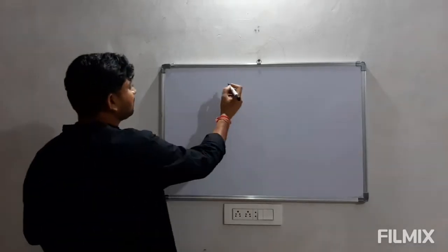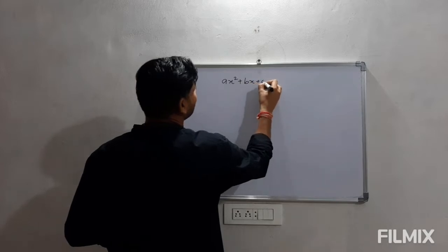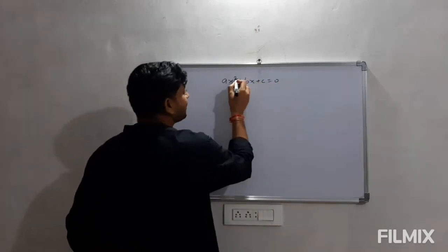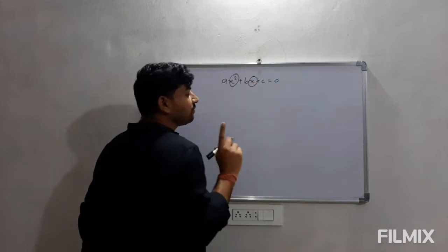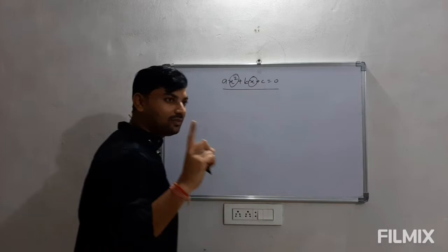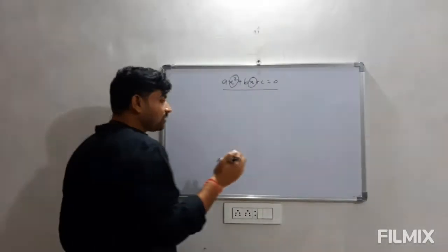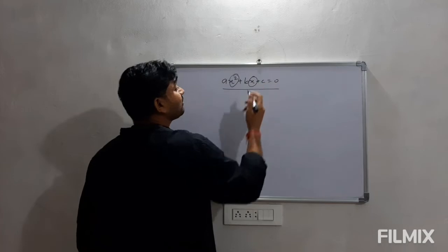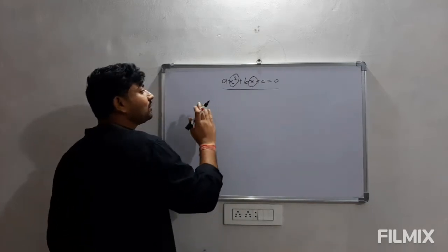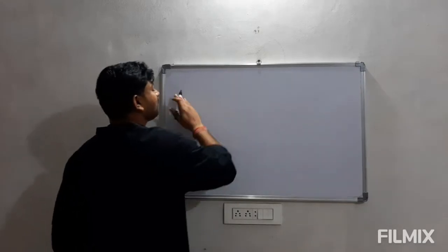So we have to make sure that the value of a is not 0 in this case. So we have the form of quadratic equation as ax square plus bx plus c is equal to 0. Here one thing is very important, that the variable here is only one, that is x. Means in a quadratic equation we will be having only one variable. In our previous part, that is pair of linear equations in two variables, there were two variables x and y or something else. Here we are going to use only one variable, that is x.